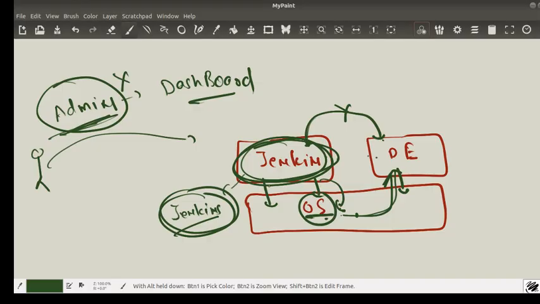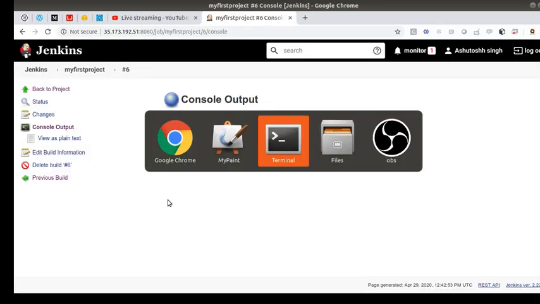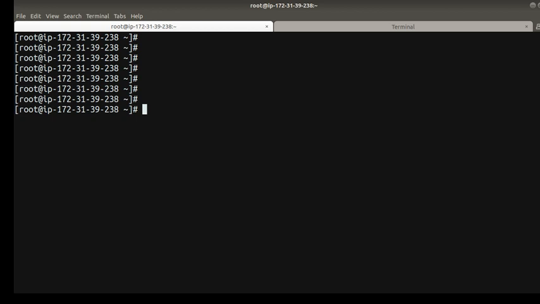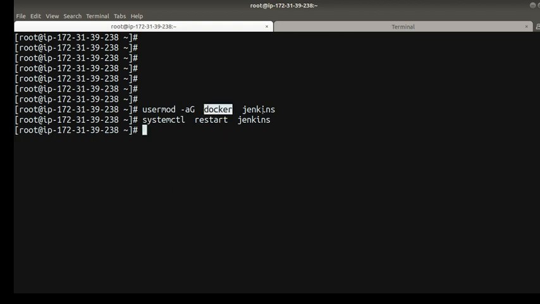Okay, so now I can figure out this Jenkins user is not allowed to access Docker engine, and the reason is pretty simple, right? Because Jenkins cannot do that. So what I'll do in my Linux machine, I'll add this Jenkins user to the Docker group. Okay, and what you have to do, you have to restart your Jenkins server as of now, because I just added this,